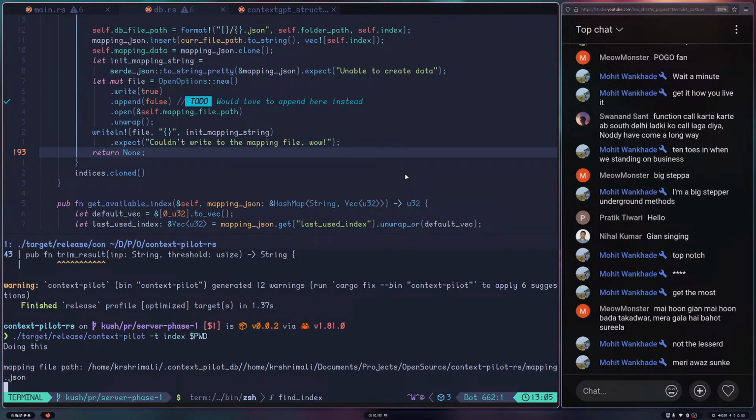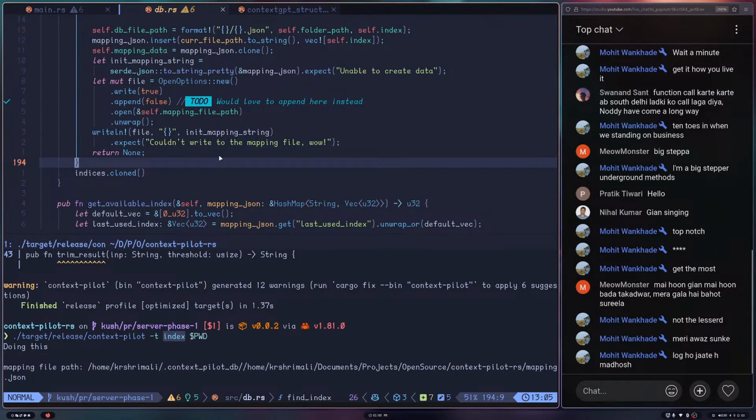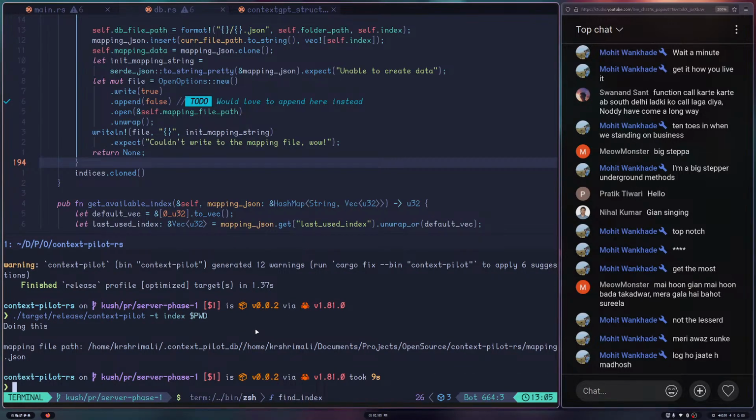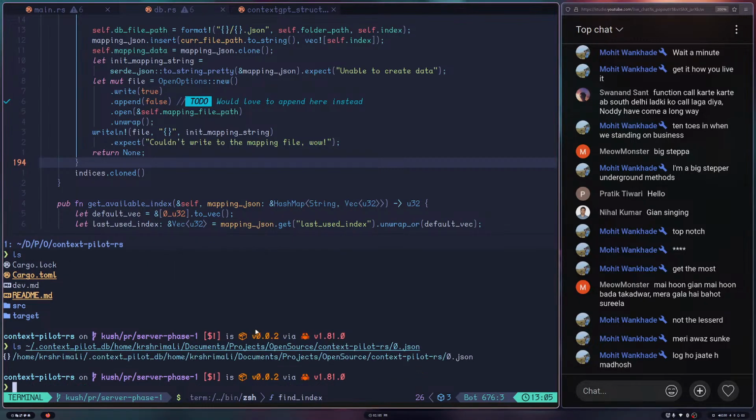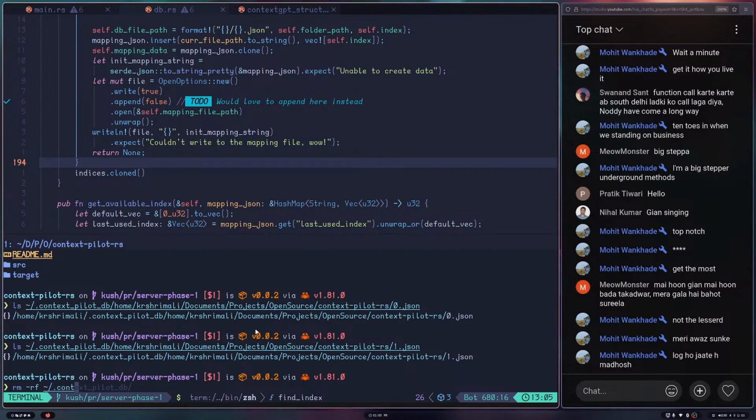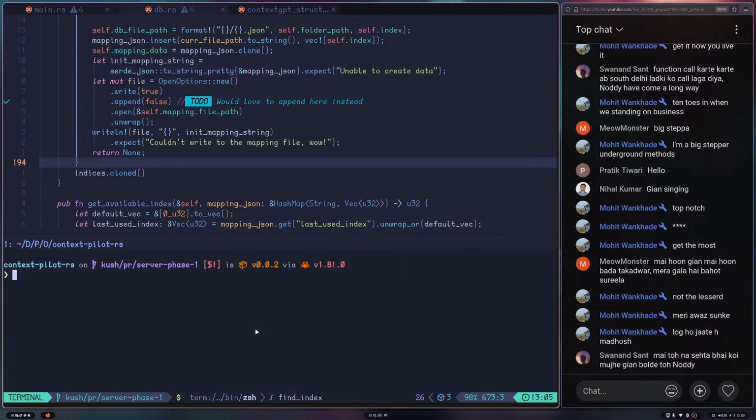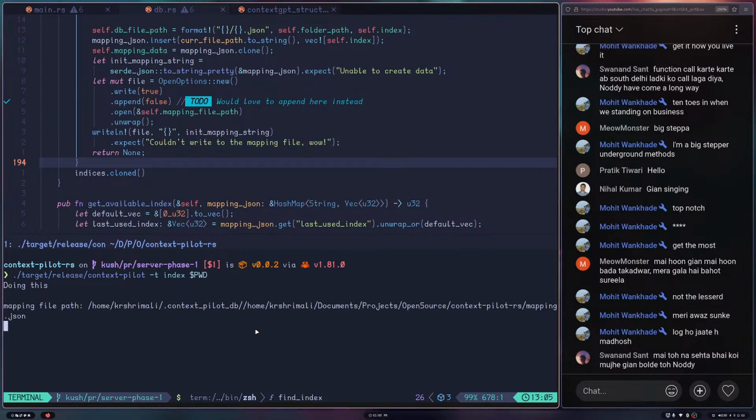Guys, over here now the mapping will be created, indexing will be done properly, right? So our next target is, see, indexing is done. If you go to the context pilot db home folder, there you go, right? So it has created 0.json and it has created 1.json. Okay, so if I delete this folder again and run the target release index, you'll see that this will,